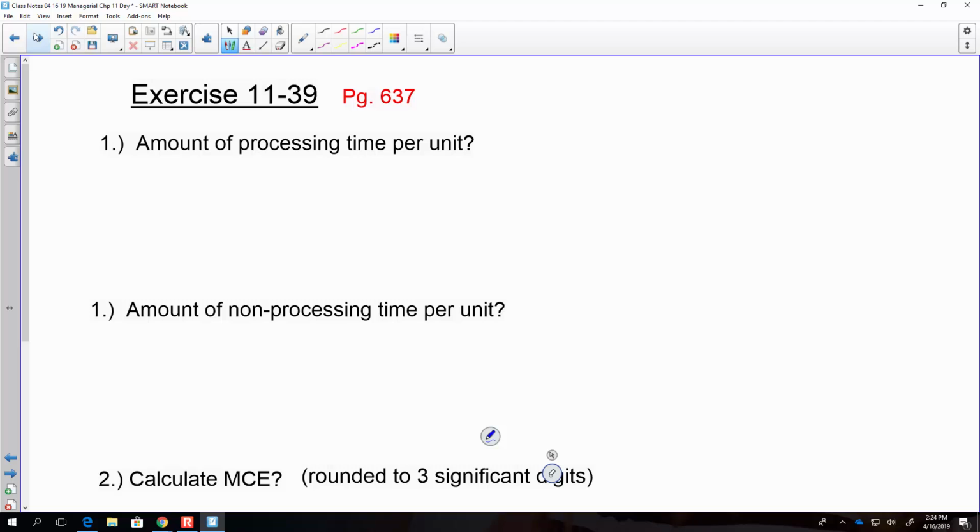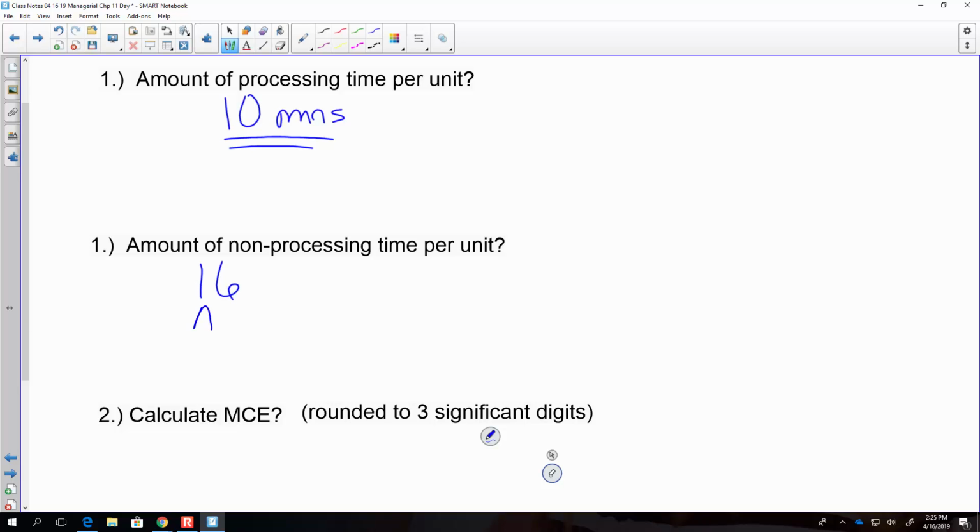So here we have maximum units that should be produced as 180. I'm actually only making 112 based on 30,000 hours. The theoretical time is 10, and the actual cycle time is 16 minutes per unit. So the amount of processing time that it should take is 10 minutes. That's it. There's no computation here. That's what it should take to make 1 unit, 10 minutes. The non-processing time is, well, my actual minutes were 16. I'm going to subtract the 10 minutes. That's the perfect. Leave me with 6 of waste,